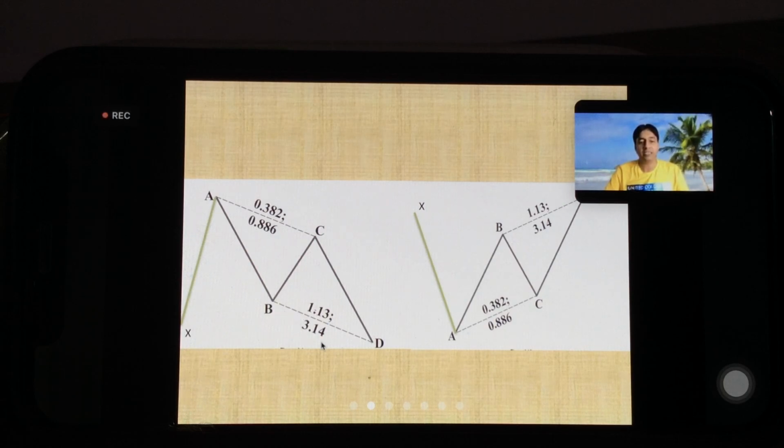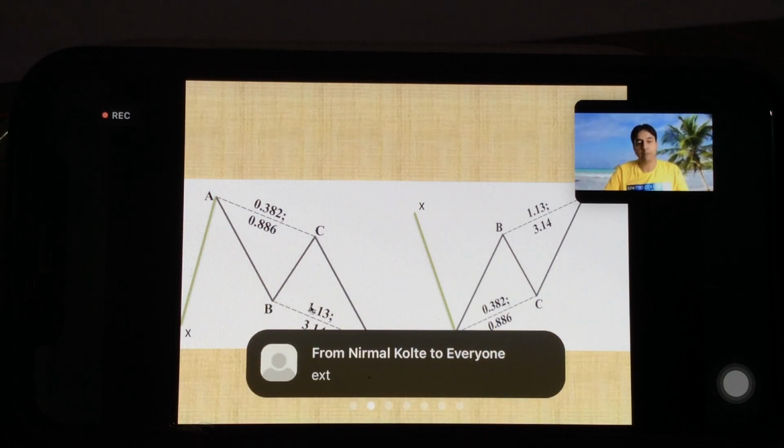And for 1.13 to 3.14, it is when we plot B to C. When it comes down and goes beyond the origin, beyond the 100, what do we call this? We call them